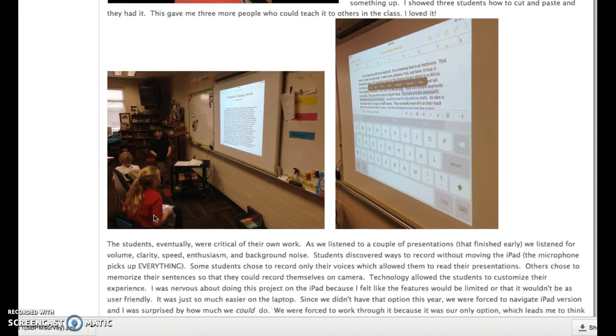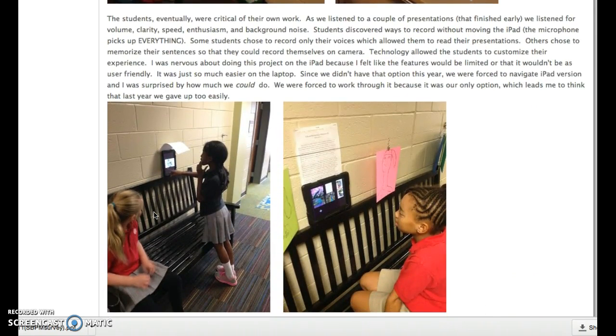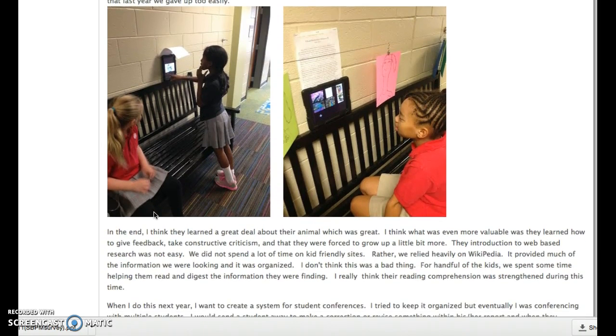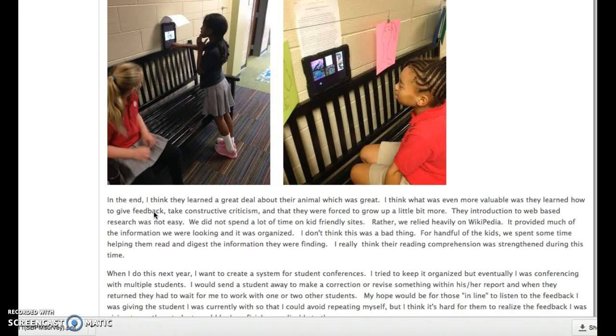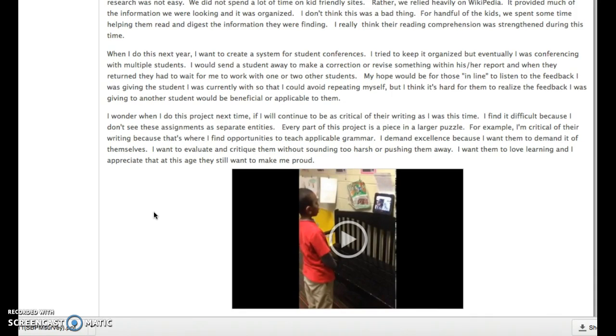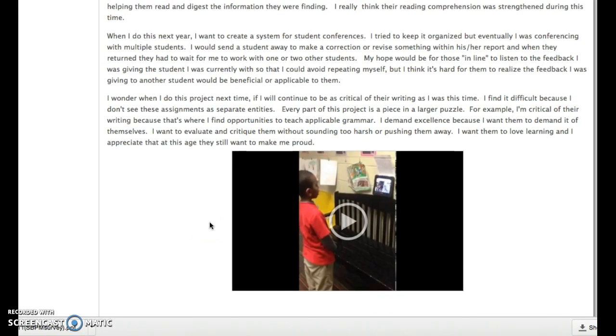You can also see a couple more examples and pictures of my students working and listening, and the benefit from doing something like this and taking the time to really hash out the details and think through all the tough things that come with introducing a new technology and something as simple as word processing to a group of young students. I thought it was a great use of our time, and I really think that my students enjoyed it. I'll play this one video of Woody